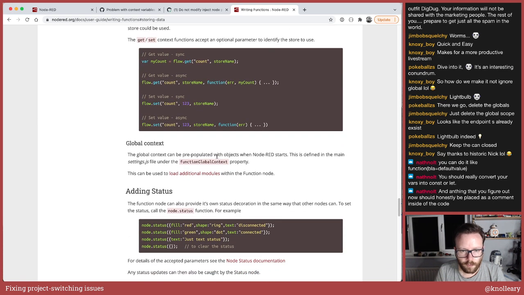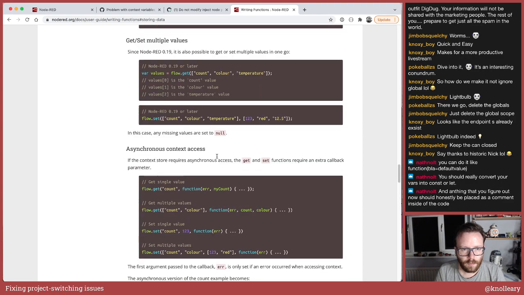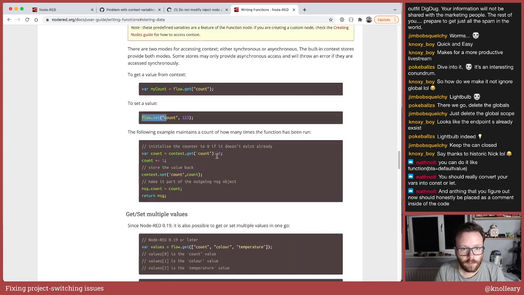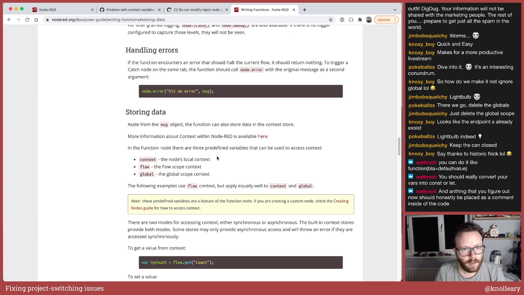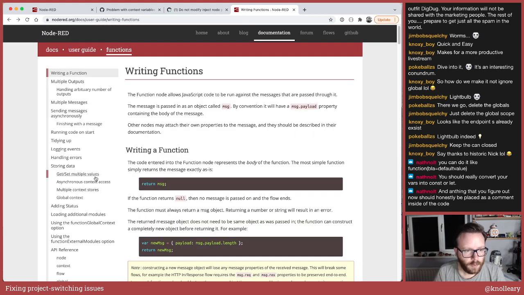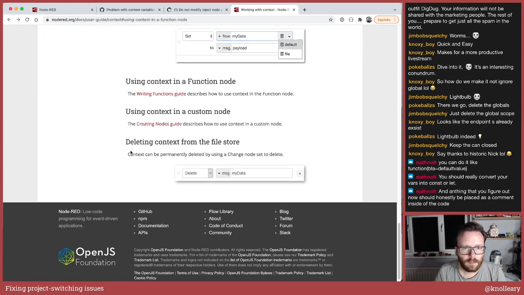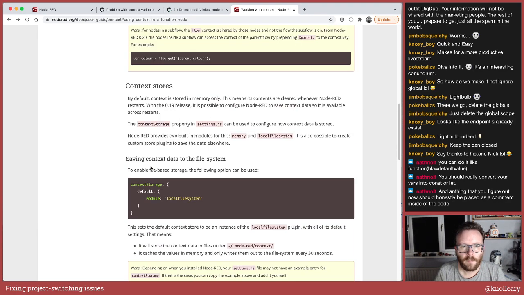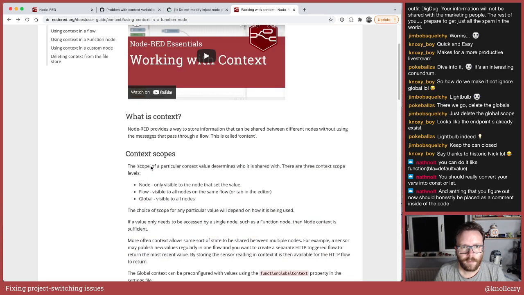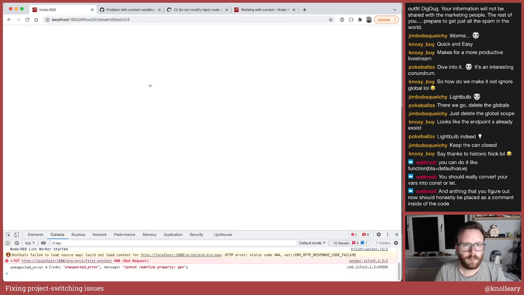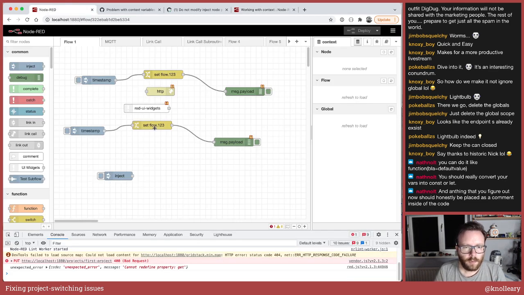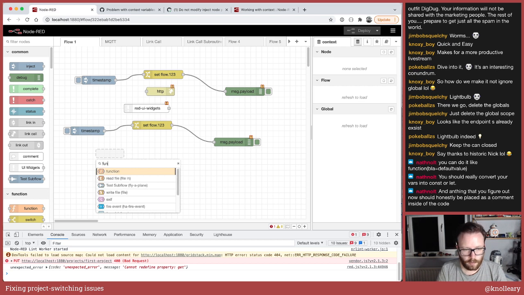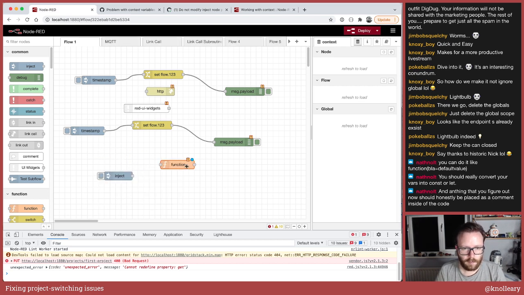But what you can also do, and I'm just trying to see whether we have left it in the docs, and we haven't, which is probably a good thing, but I know it's not in the docs, but the way you always used to access context before we added the get and set functions